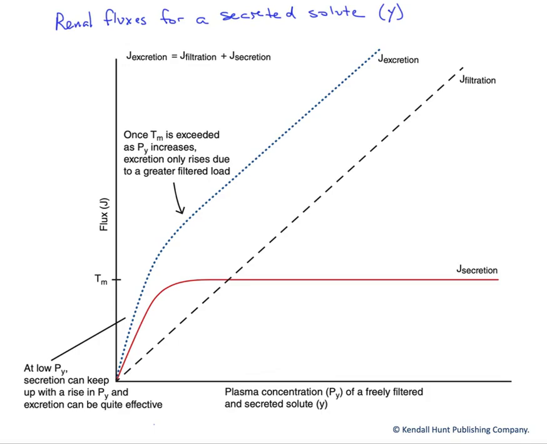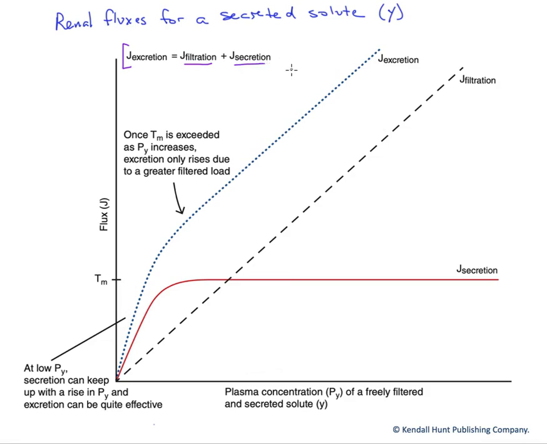In this graph, we're going to look at the renal fluxes for a secreted solute Y. Recall, secreted solutes are those that we're actively trying to remove from the bloodstream by driving them into the nephron, utilizing nephron transport proteins. The equation for the excretion of a secreted substance would be J excretion, or flux of excretion, equals the rate at which we're filtering it plus the rate at which we're secreting it, or adding it